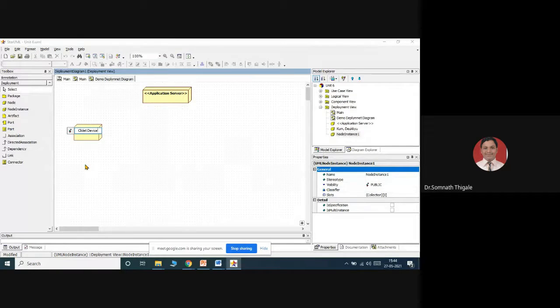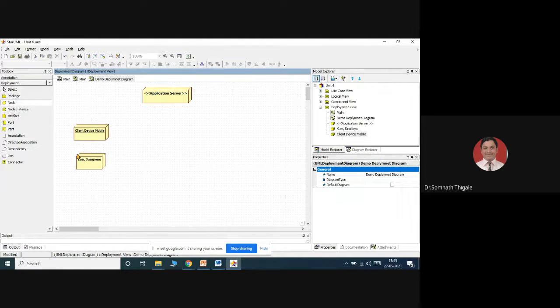Inside the client device, I have the first scenario, maybe a mobile phone. So I will change it: client device, I'm saying, is mobile.